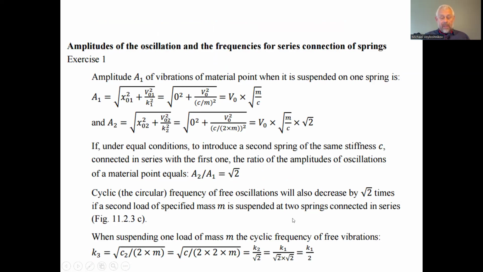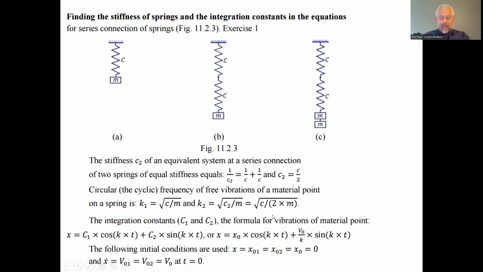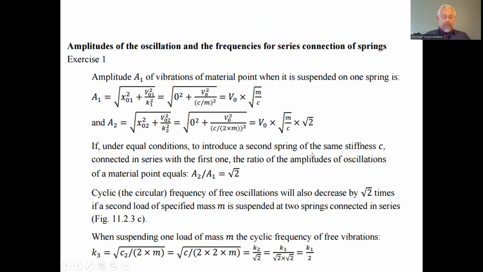The frequency of oscillations will also decrease by the square root of 2 times if the load of specified mass is suspended at two springs connected in series, as shown in figure 11.2.3c. So when suspending one load of the mass m on two springs in series, the cyclic frequency of free oscillations will be